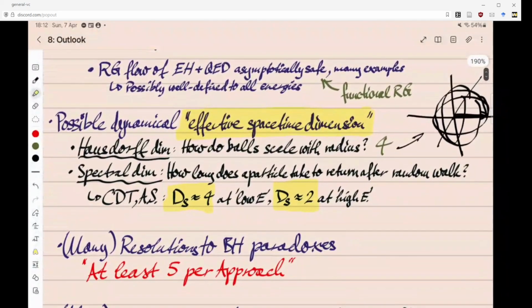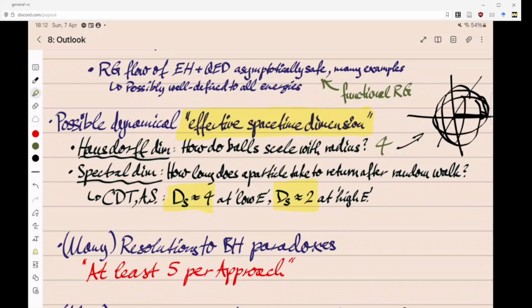Now, there's also a general feature of QG which addresses some typical classical questions. For example, there's a number of black hole paradoxes, like the black hole firewall paradox, information paradox, cosmic censorship conjecture, et cetera. And basically, depending on the approach, you will have at least 5 resolutions to whatever black hole paradox you can think of. At least 5, because